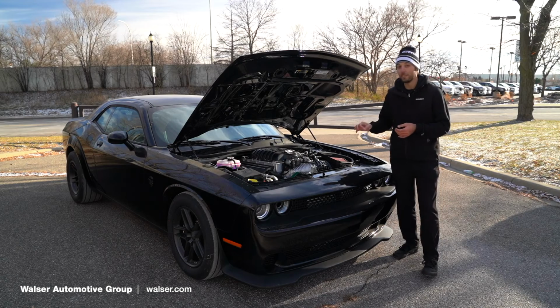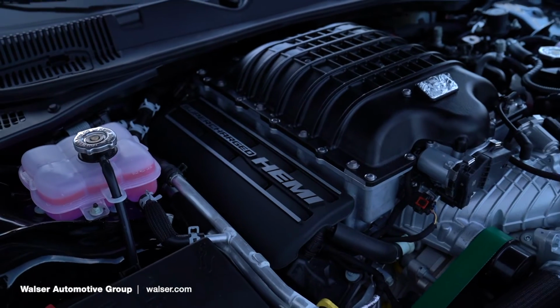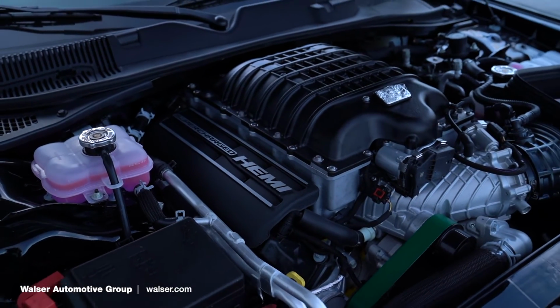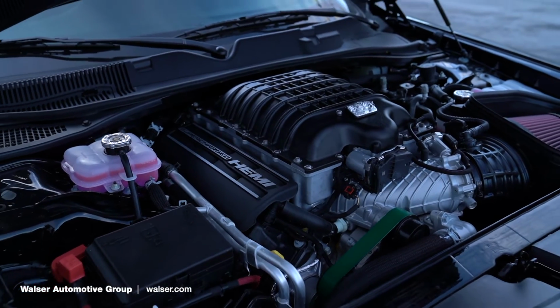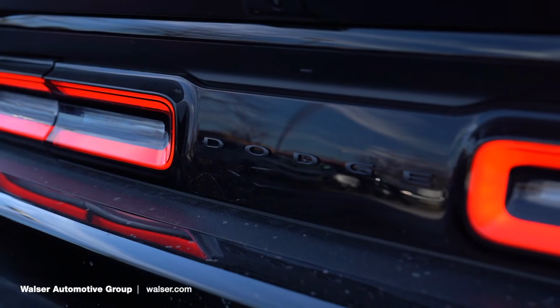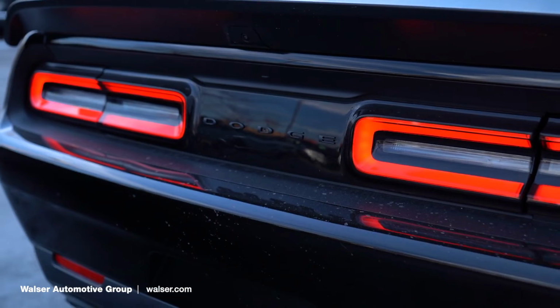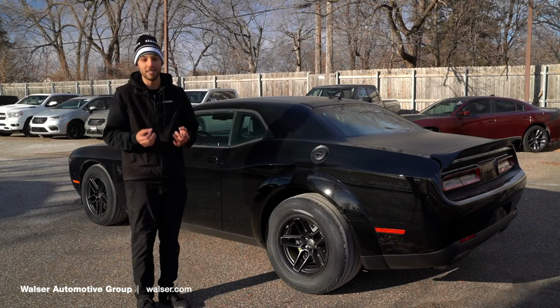So the fuel injection gives you 164 gallons per hour. So that means if you could actually test it, the Demon's fuel tank would run out of fuel in 7 minutes at full throttle. That's a pretty wild thing to think about how much gas is actually going into this 3-liter supercharged Hemi. So let's talk about what puts that power to the ground to get you a 1.66 second